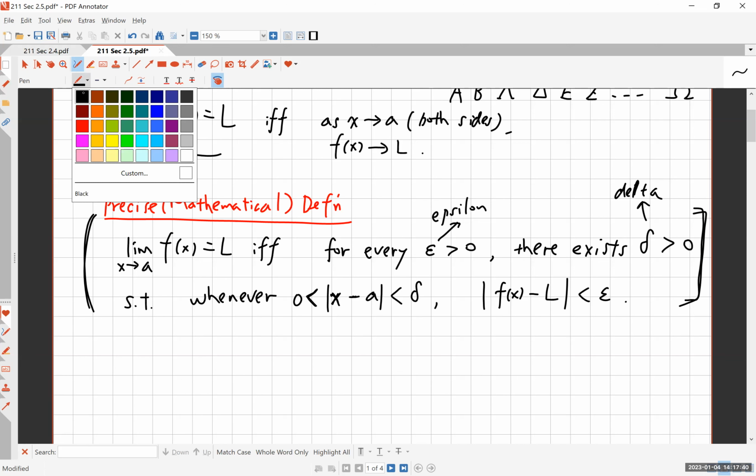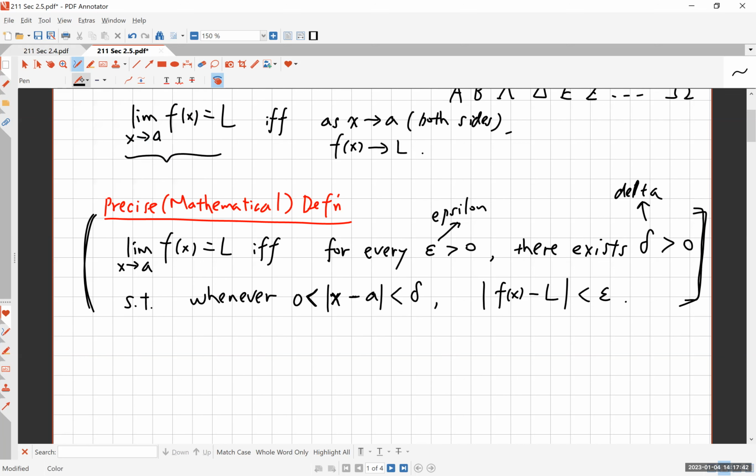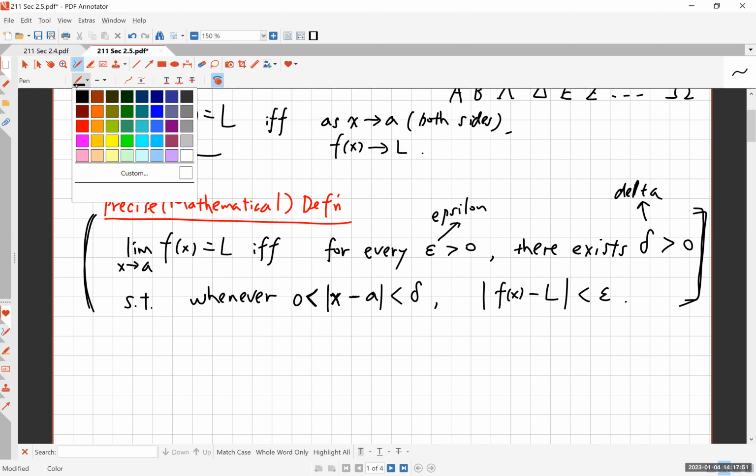And so, I may forget some formulas like the quadratic formula or the double angle formula for trigonometry. But if you ask me for the precise definition of a limit, I could probably do that on my deathbed. All right, so the limit is L if and only if for every epsilon,